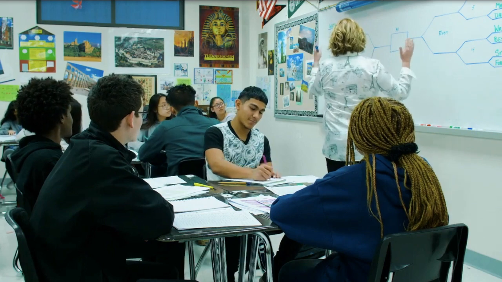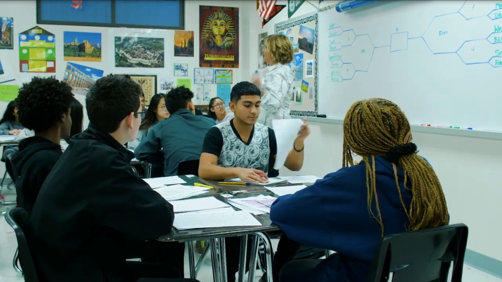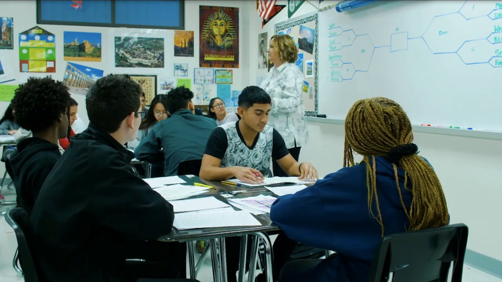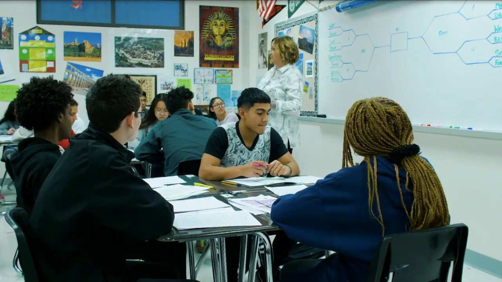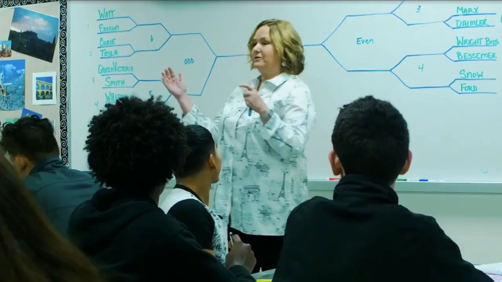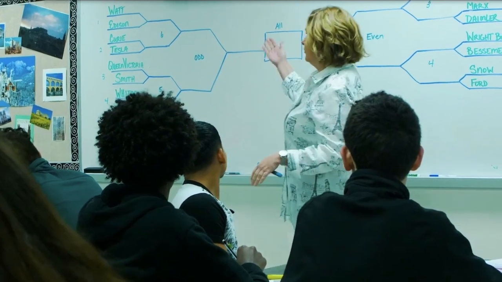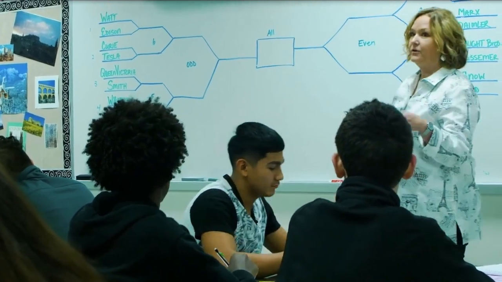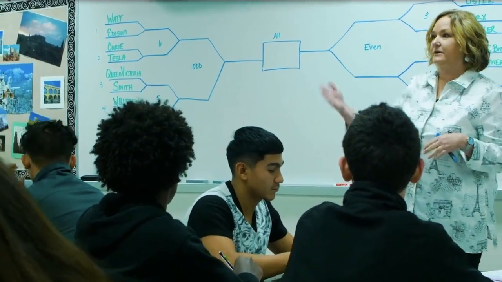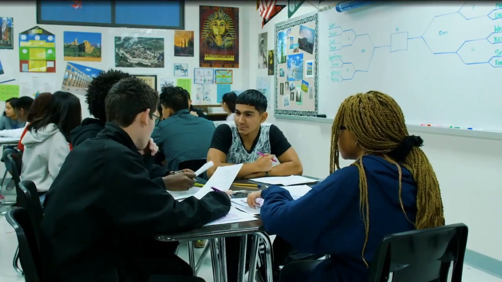Okay guys, welcome back. So we are going to take the 16 people that you came up with last time, and we are going to narrow down who we think the most influential person from the Industrial Revolution was. I've already numbered the brackets for you. Table 1, you guys will do Watt and Edison. Table 2, Curie and Tesla. 3, Queen Victoria and Smith, etc. So table 4, 5, and 6. Okay, so what I believe is that Curie